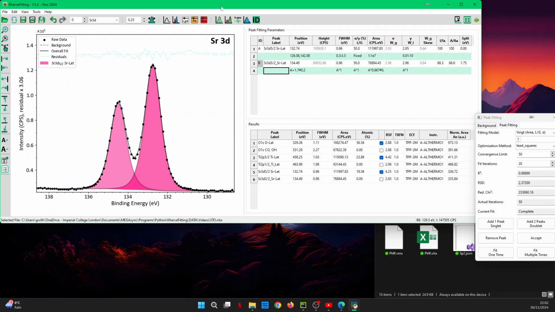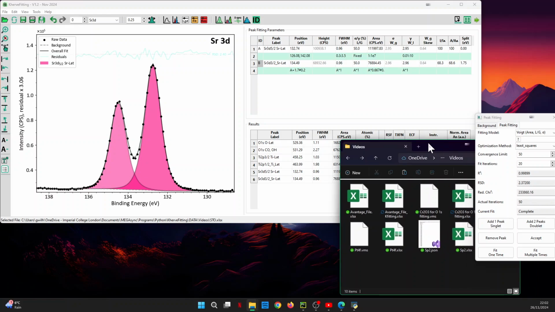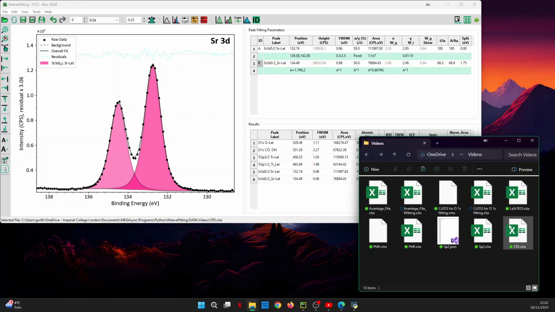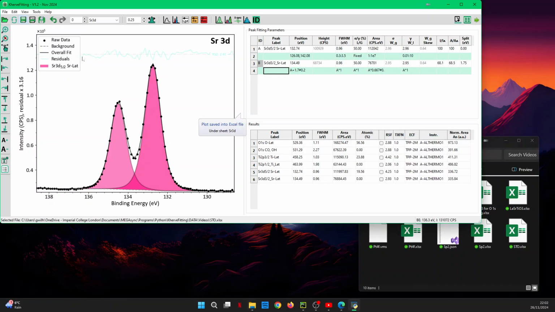Okay, so now let's save the data. We have everything we want. So when we save the data, let me close this. When we save the data, at the moment it's not saved. We have different choices. We can save the PNG. We can save just the sheet we have. And by doing this, it will save